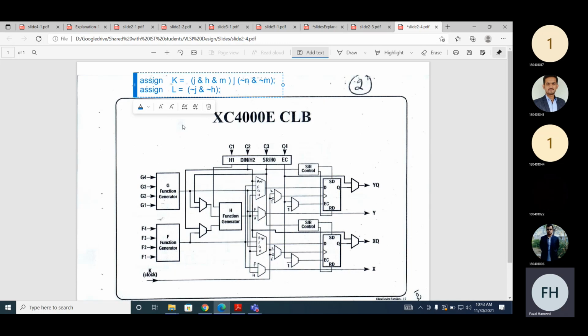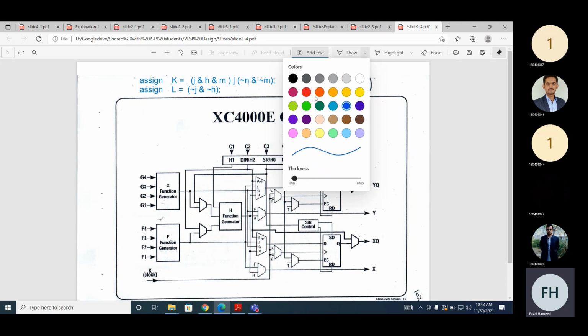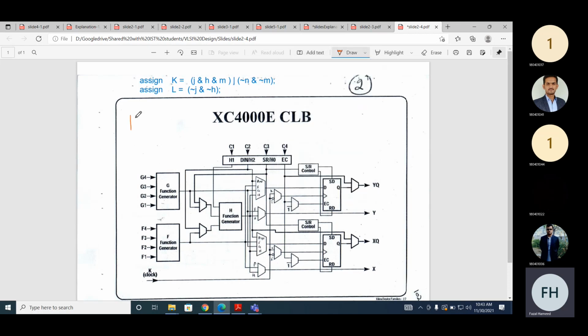If you look at K, what is K? K is a function of J, H, M and N. And what about L? A function of J and H. Is it a combination function or sequential function?